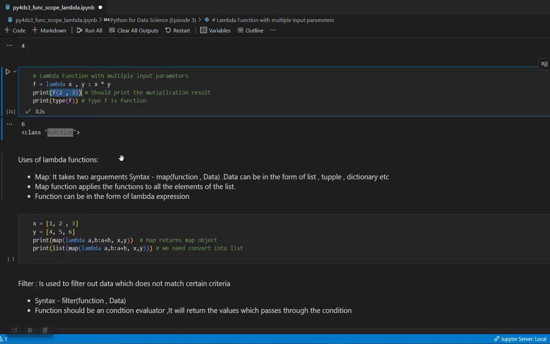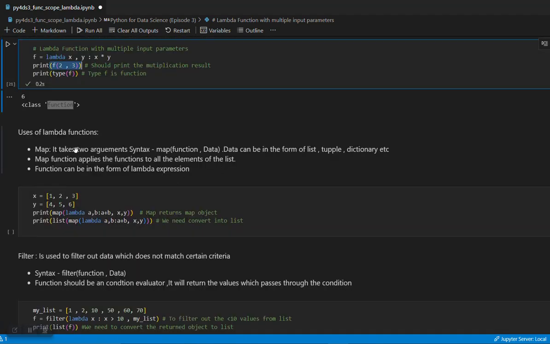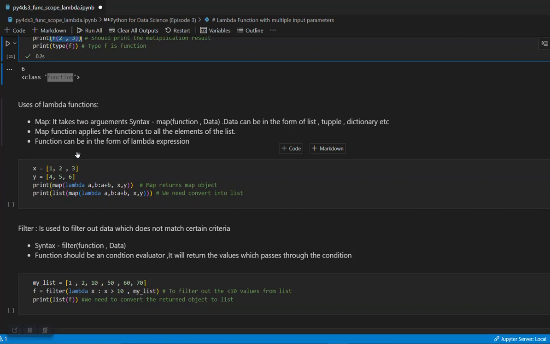Okay, now let's talk about a few uses of lambda functions, like how we can combine lambda functions with other functions like map and filter, and how we can do certain operations on top of that. These are the two lists which I have created, x and y, and they have an equal number of elements, three each.